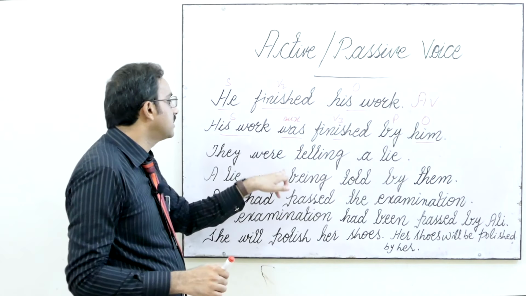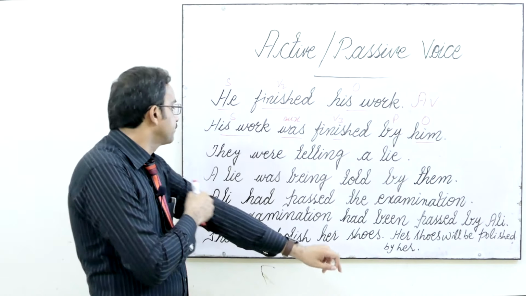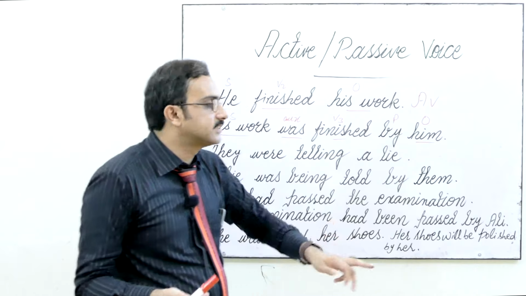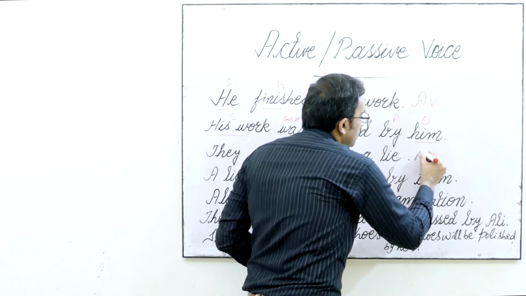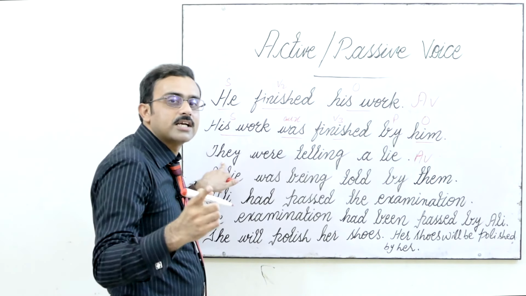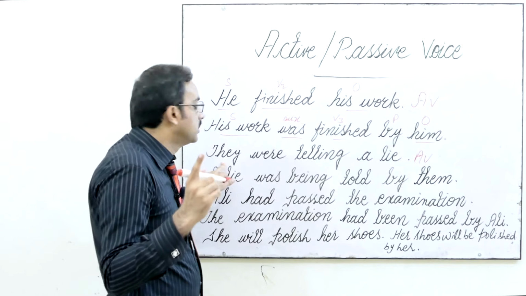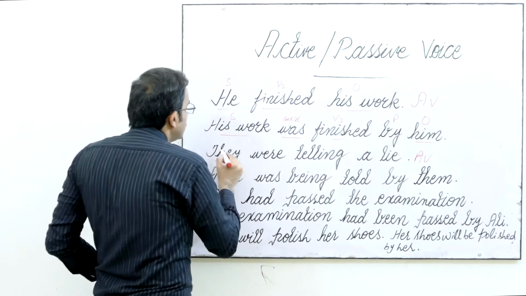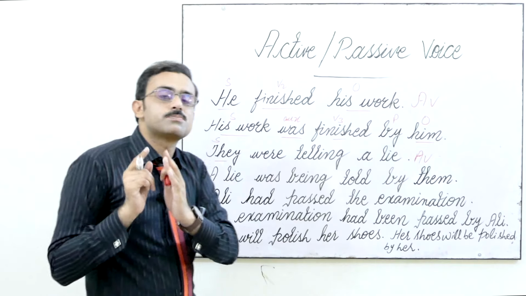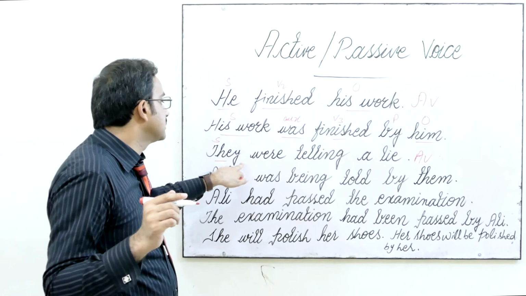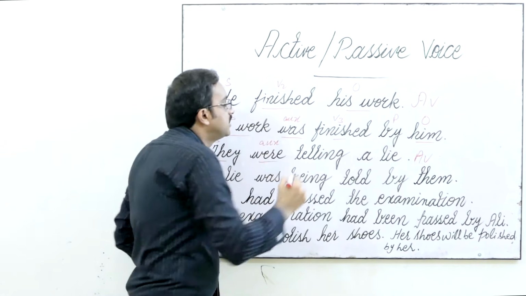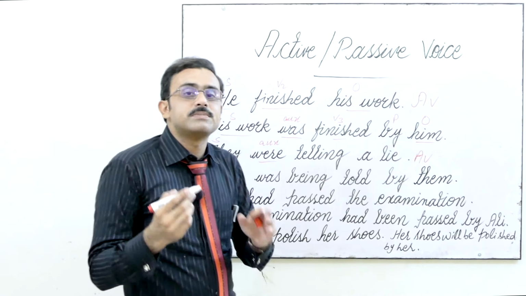So now next is our past continuous tense. They were telling a lie. Got that? Yes, this is your active voice. How did we come to know? Because the subject, they, a plural pronoun, is prominent. So they is your subject. They were, because this is in continuous form, meaning this is progressive tense. The subject is plural, so we are using the auxiliary were. They were telling, present participle, meaning fourth form of verb.